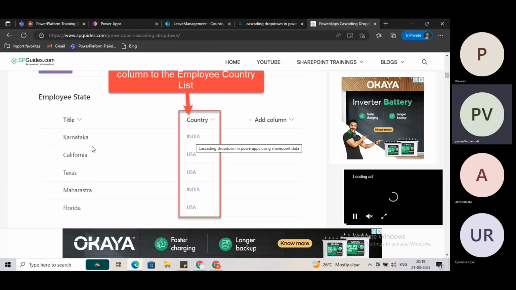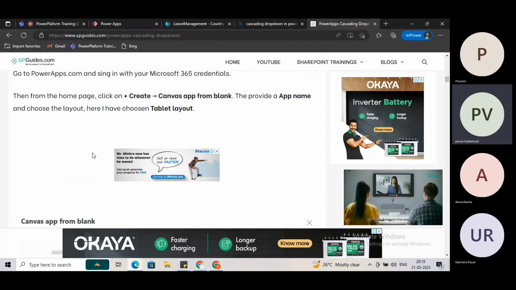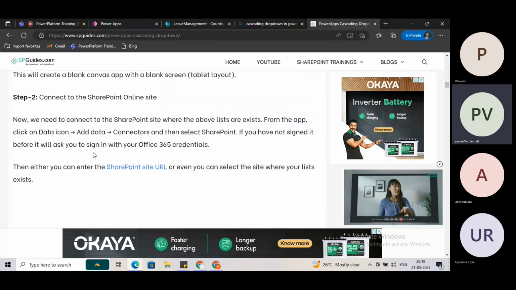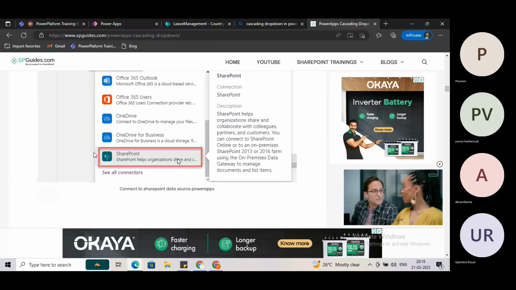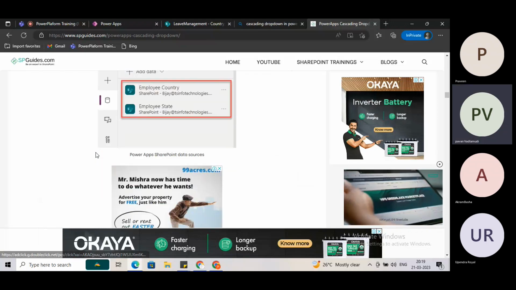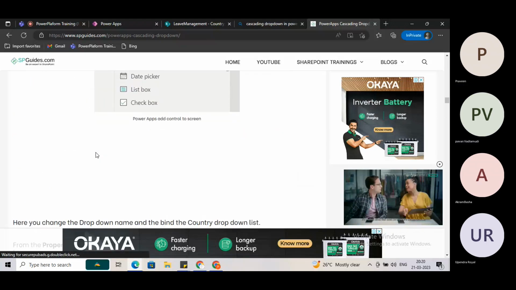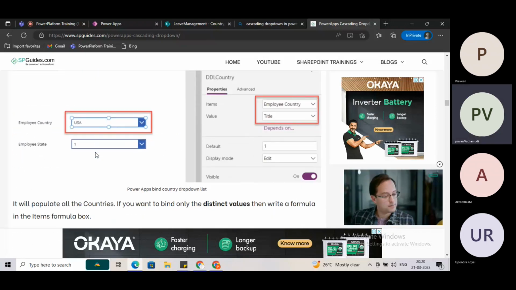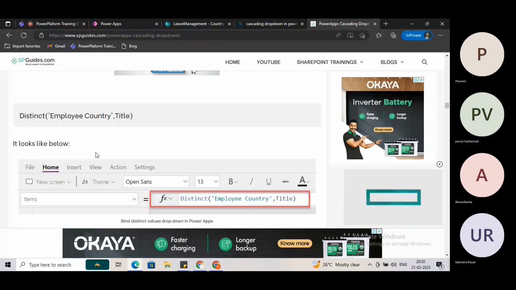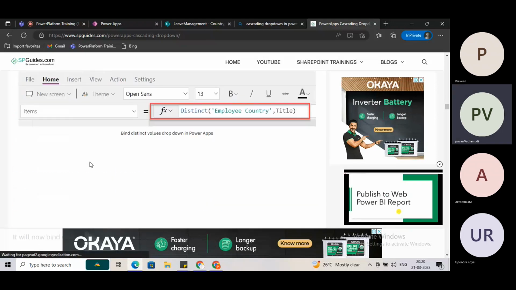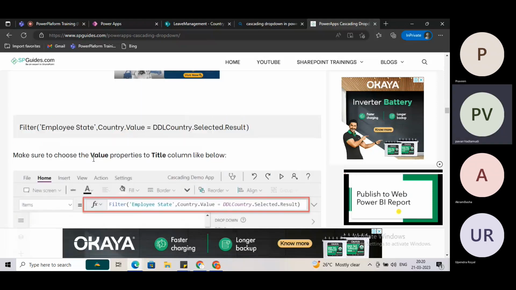See, if I select India, in the related states I want to display. Same, he has taken the two lists and they are taking the drop down. Column name equal to